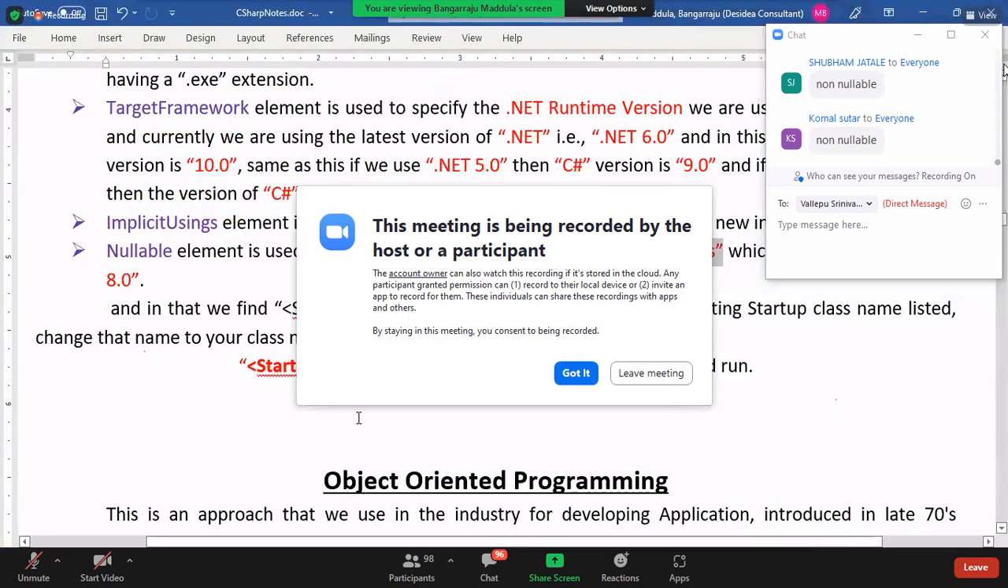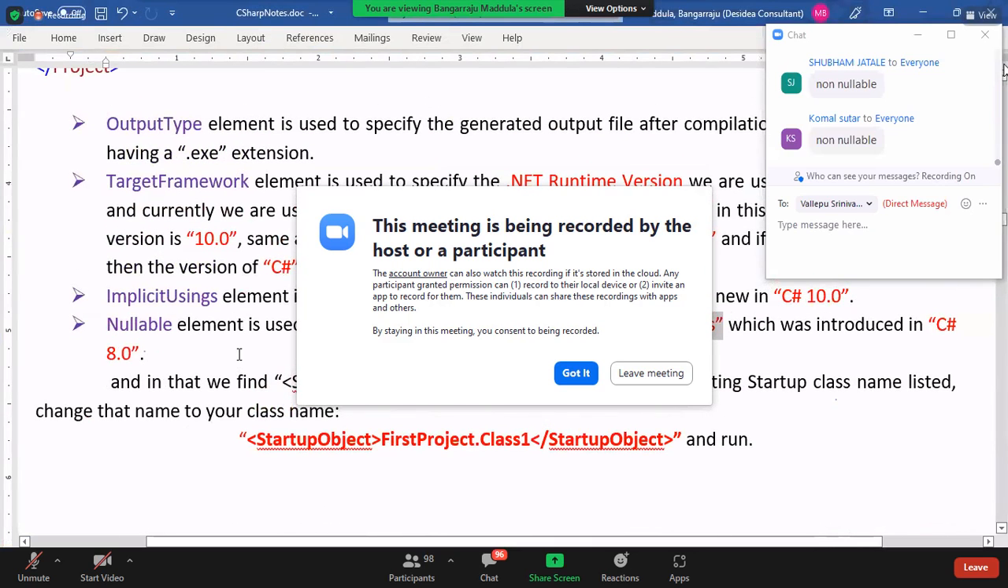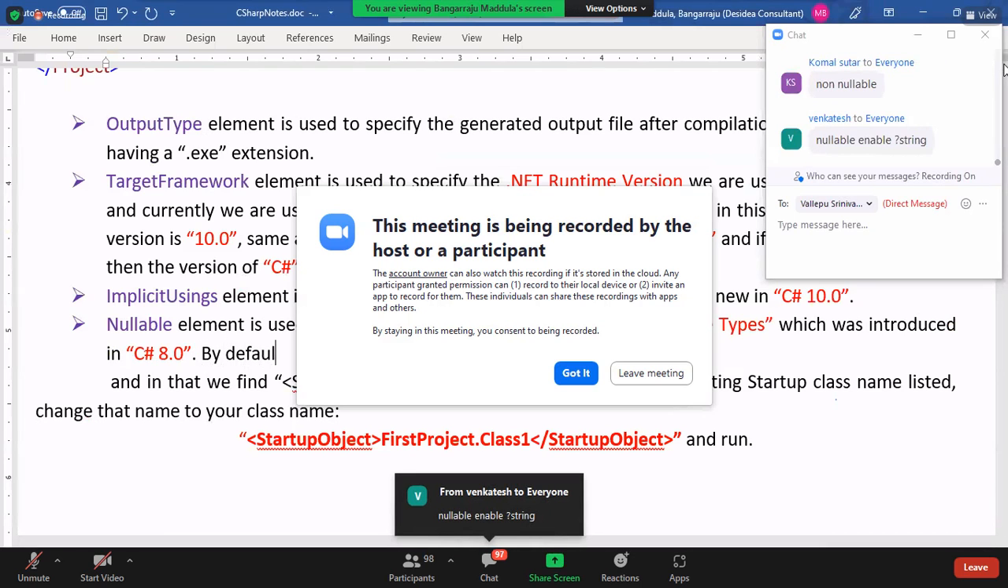Okay, so just a minute. Read this question carefully. The nullable element is used to enable a new feature, nullable reference types, which was introduced in C# 8. Okay, listen, by default,